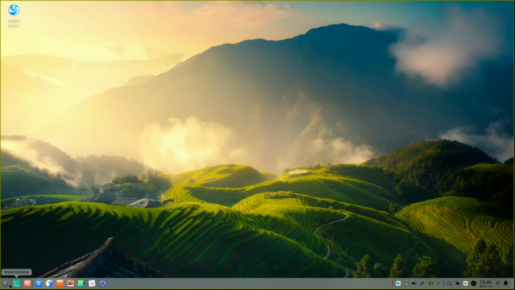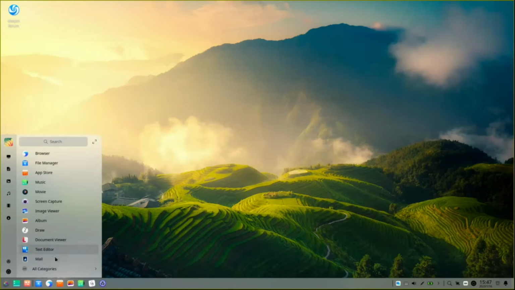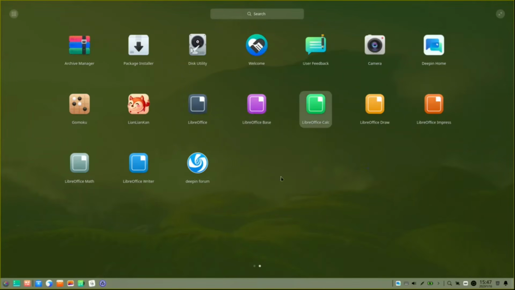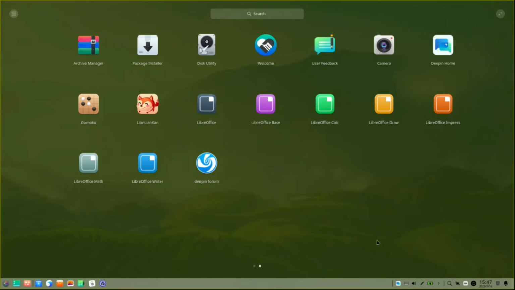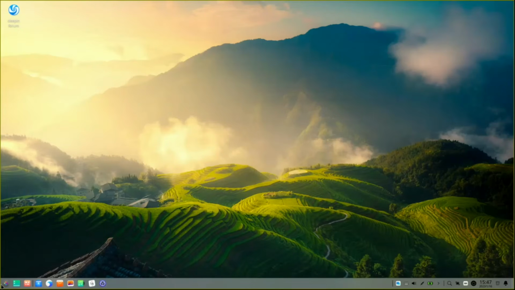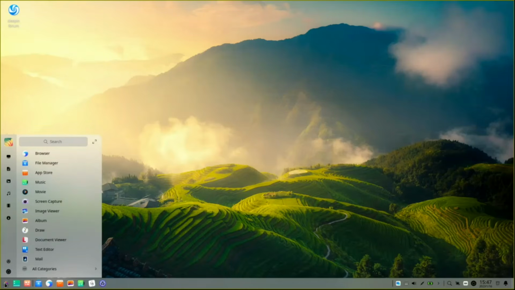If you notice, this is for the show desktop. For the launcher is a very nice menu here, start menu, which has the categories, which have, you can have a search. It looks like the Windows 10 more or less, but the search is on top. You click, it will increase. Click down, it will be like this, depending on your taste. You can move it like this or with the arrows. Let me close it. So it's very nice to have it. It combines the one for Windows and also for the Mac, so you can choose which one you like.